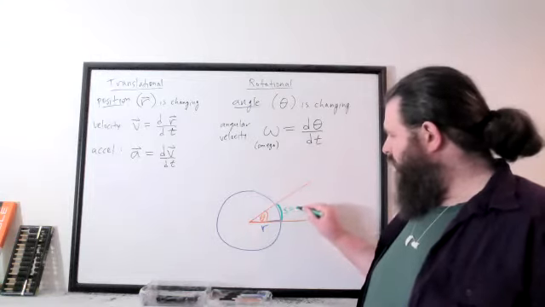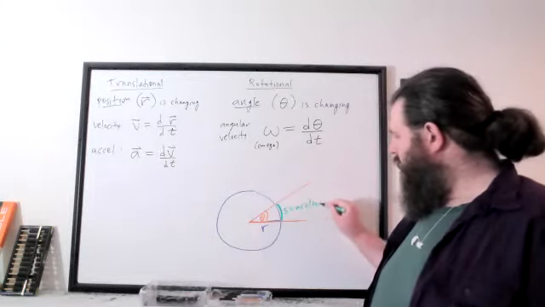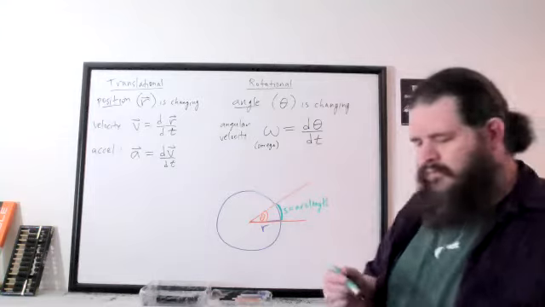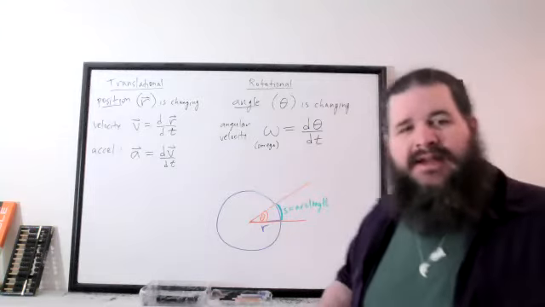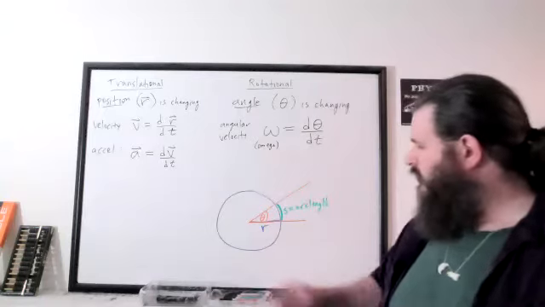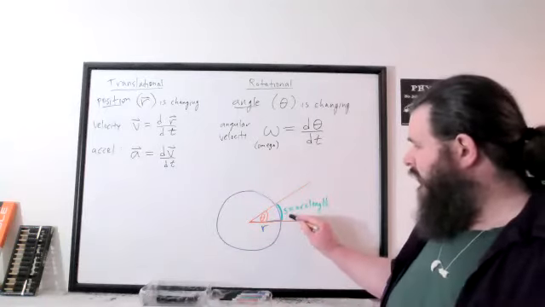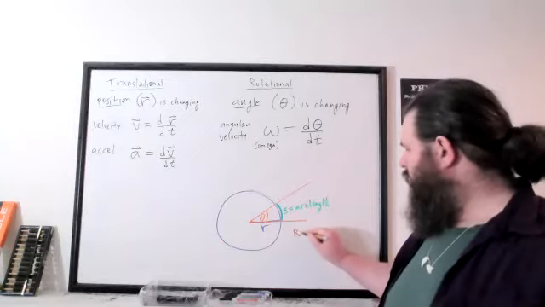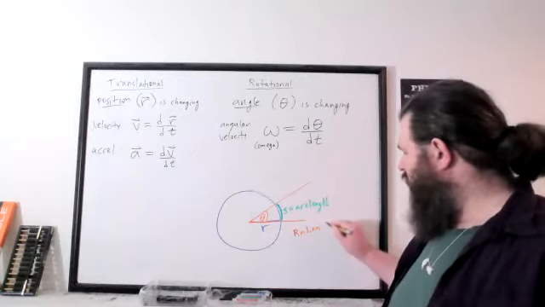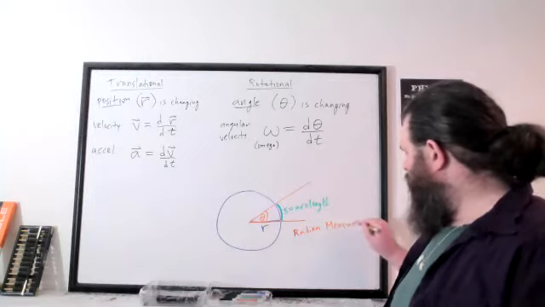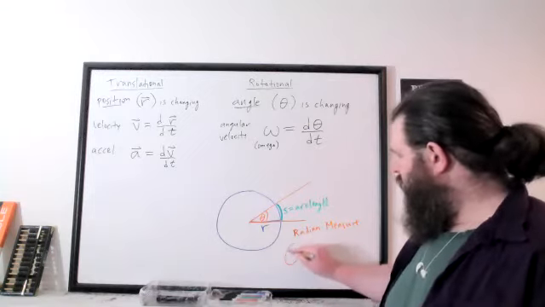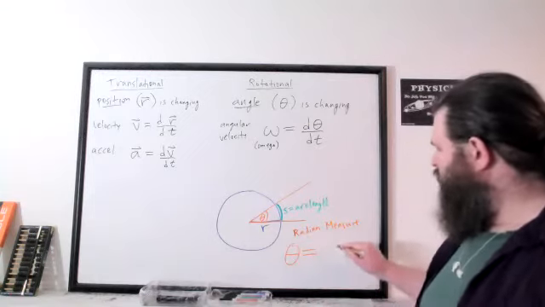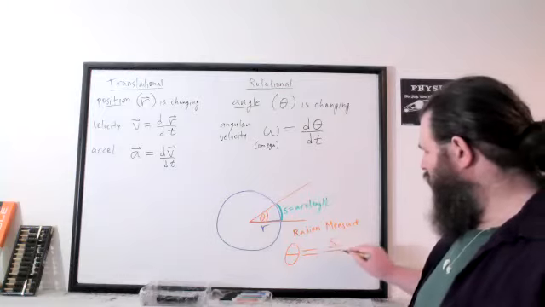We usually call that s, the arc length. The way we actually define radian measure in the first place is as the ratio of the arc length as a fraction of the radius. The definition of radian measure of an angle